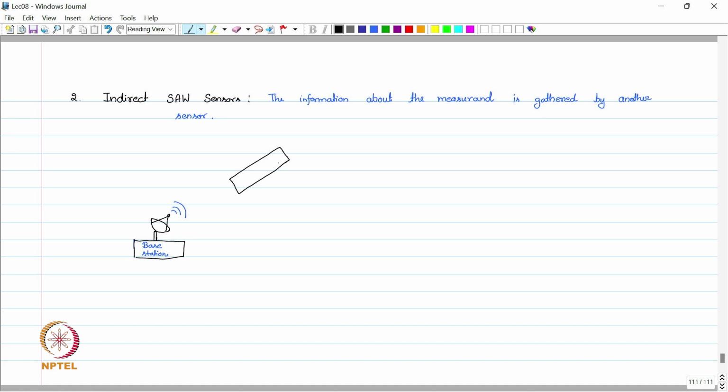This is an unknown object, for example, which has this SAW sensor. This is our SAW sensor